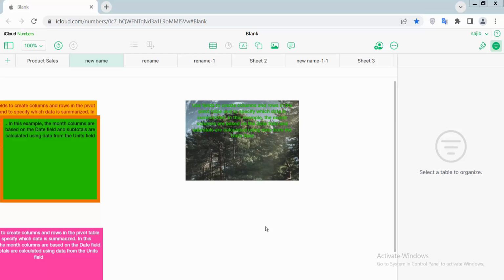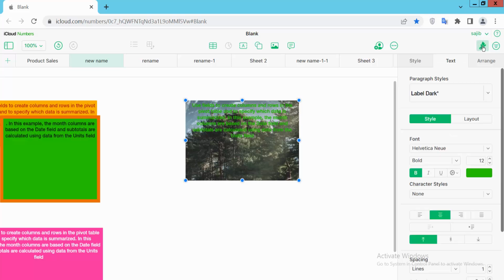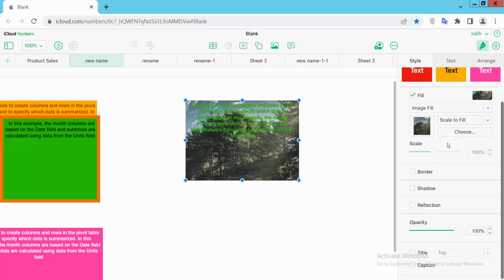Hello everyone, today I will show you how to add reflection or drop shadow to a text box in Apple Numbers. Open your Apple Numbers sheet and select a text box first. Now select this Format option and choose the Style option, scroll up, and here you will find this Reflection option. Check mark here,